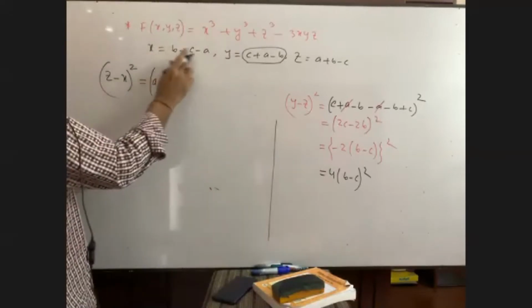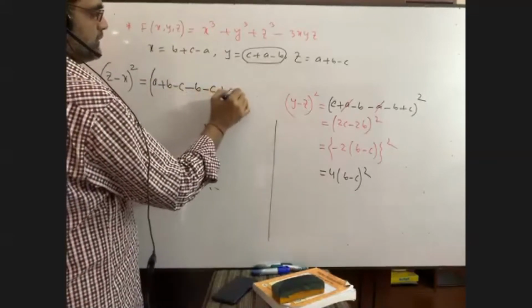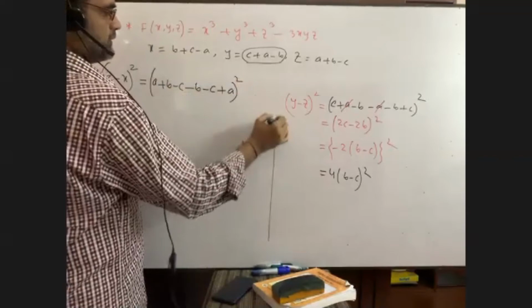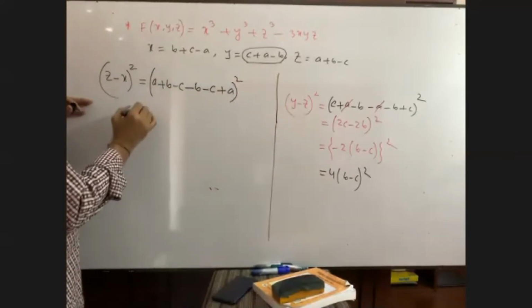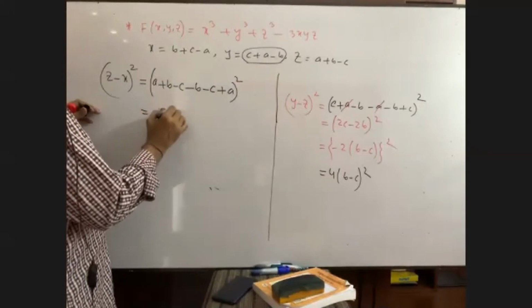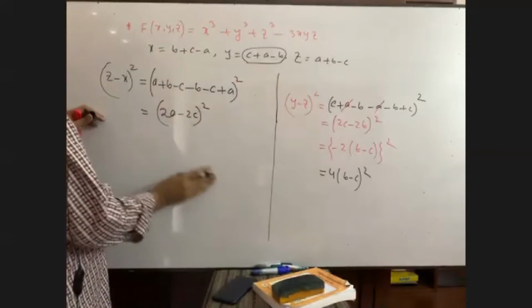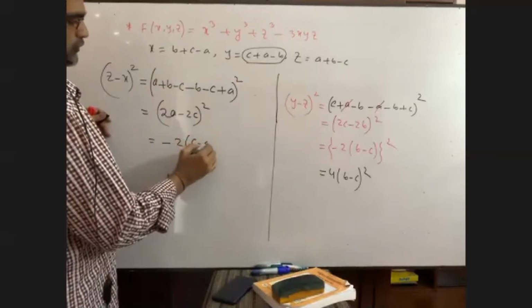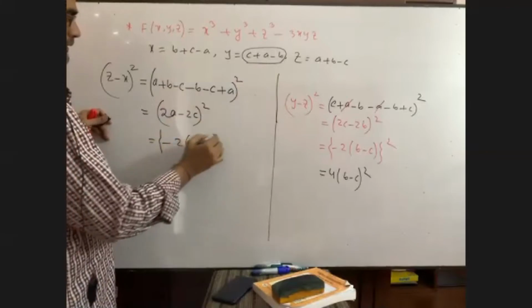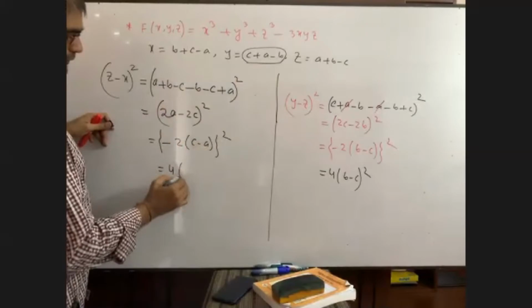So it is minus b minus c plus a whole square, which is equal to twice a minus twice c whole square, equal to minus 2 into c minus a whole square, equal to 4 into